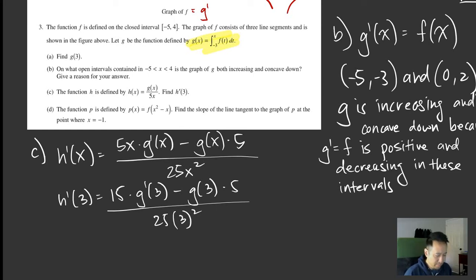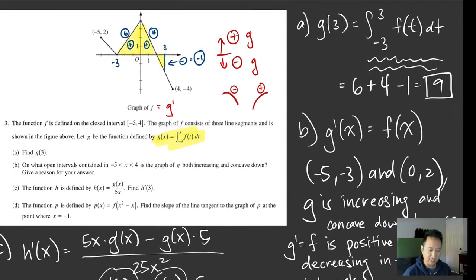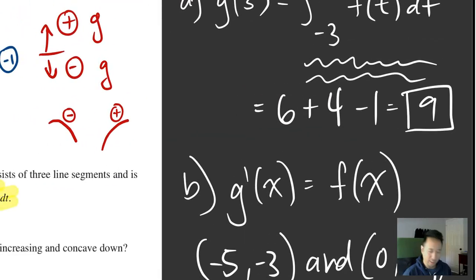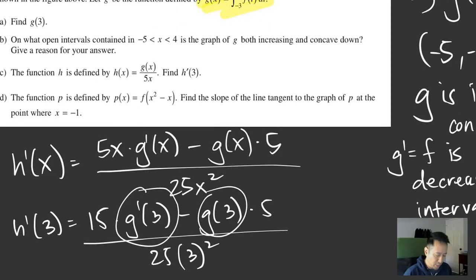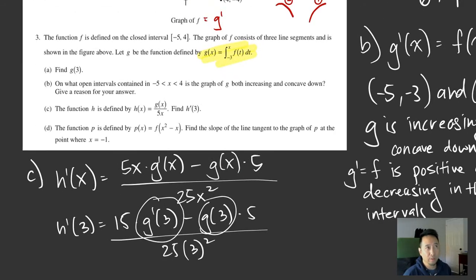Not too bad, except we have to find g prime of 3. I think this is the key for this part here: do you know what g prime of 3 is? And do you know what g of 3 is? Well, g of 3 we found in problem number 8, right? It's right here. It's 9. Okay, so that I know. G prime of 3, that's the slope